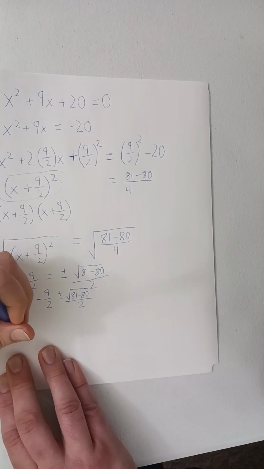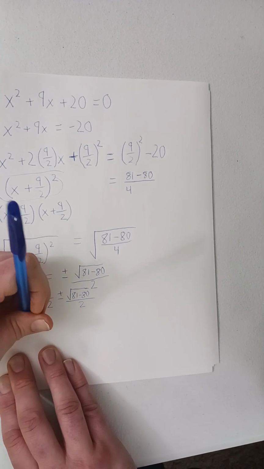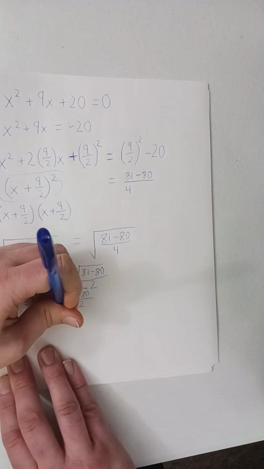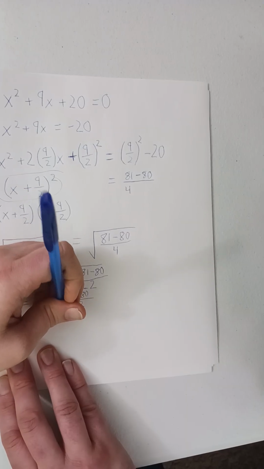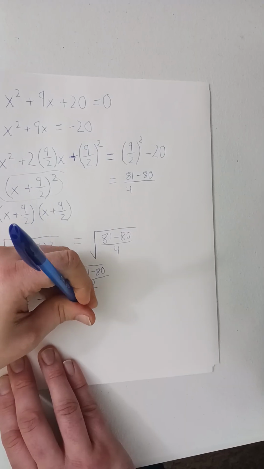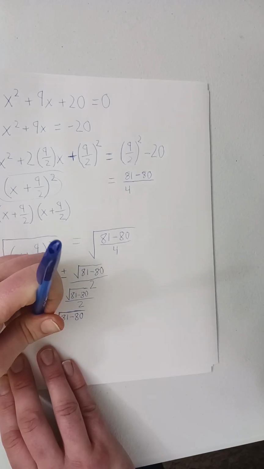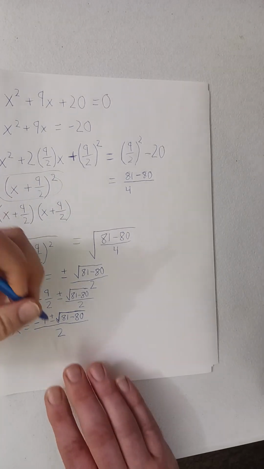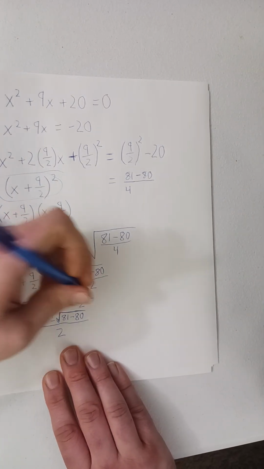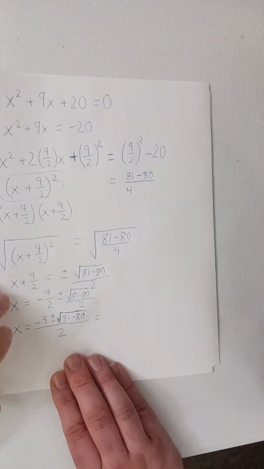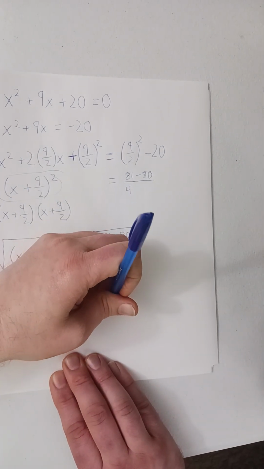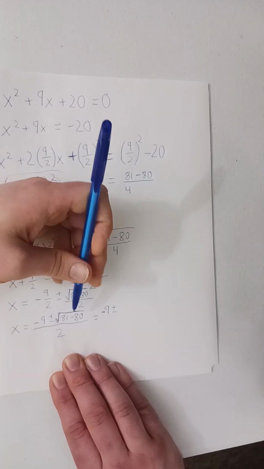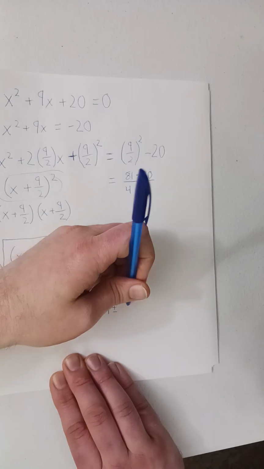So it's x equals negative 9 plus or minus the square root of 81 minus 80, over 2. Now I'm going to simplify it. So this equals negative 9 plus or minus the square root of 1, right? Which is just 1,